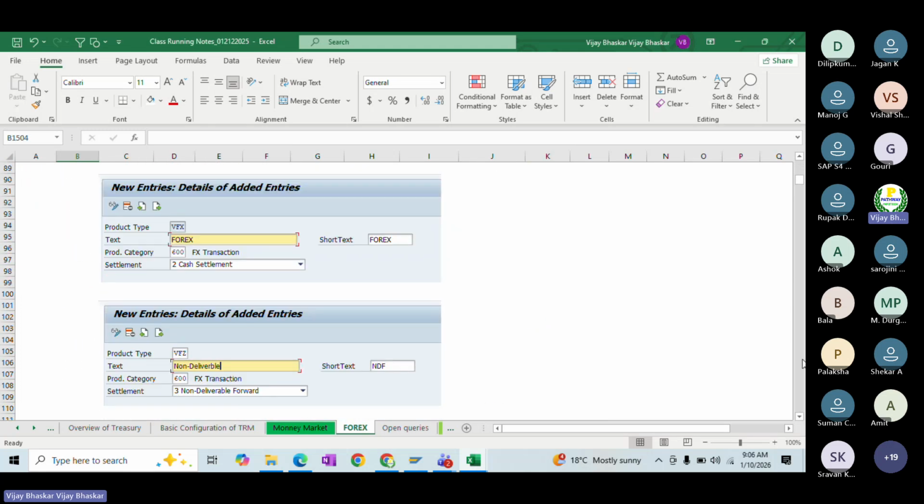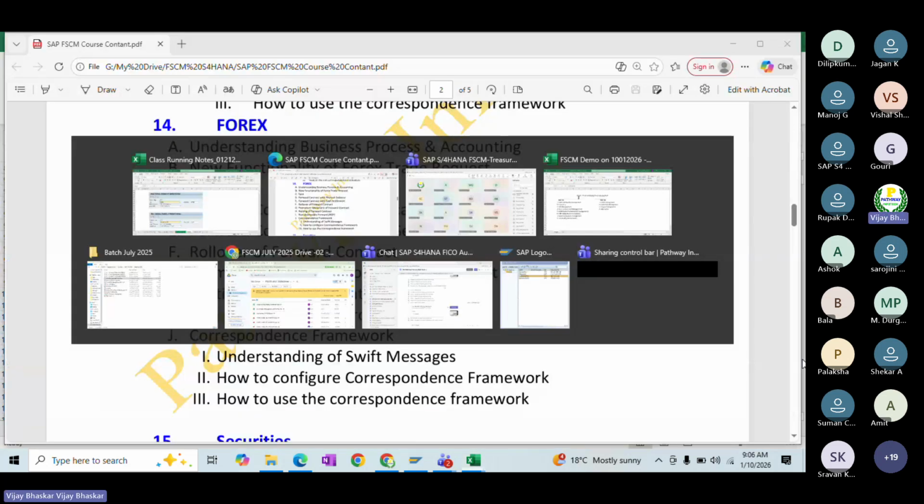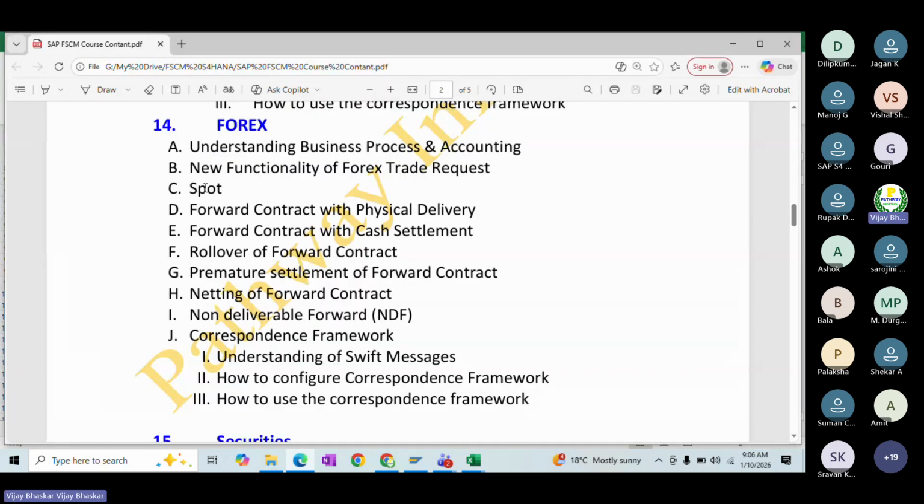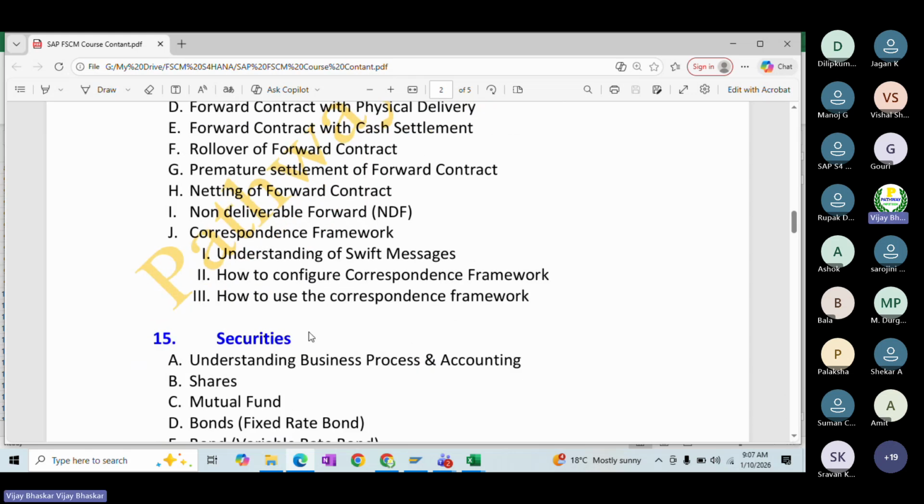Then after that, you can see what the business process is and how foreign exchange will be taken care of. In foreign exchange: spot contract, forward contract, rollover, premature settlements, netting concept, and rollover, which is how you extend a deal. These are the topics that will be covered in the session, and the correspondence framework, which will be common for all the instruments. Now, under securities,